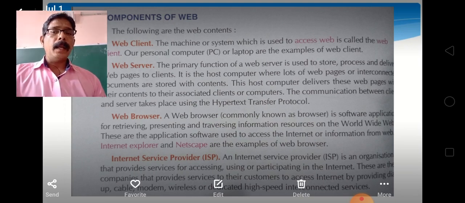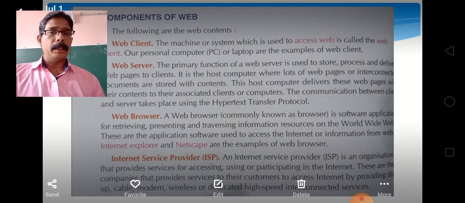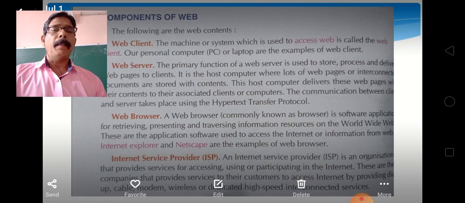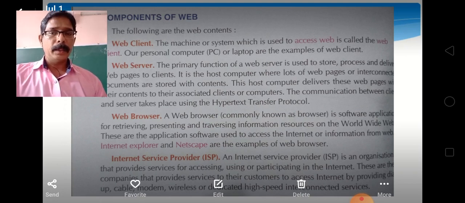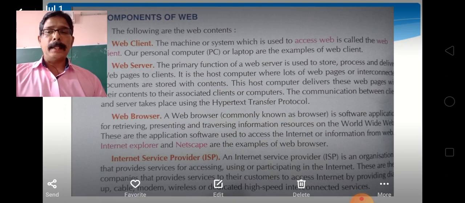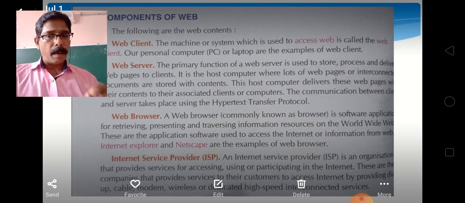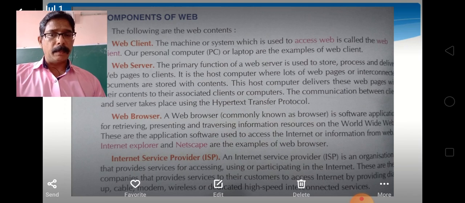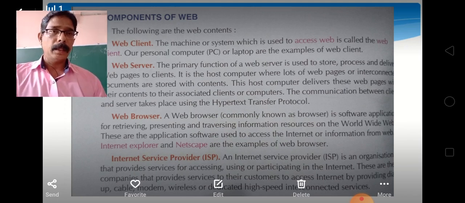When a user requires a web page from a particular website, the web browser retrieves the necessary content from a web server and then displays the page on the user's device.